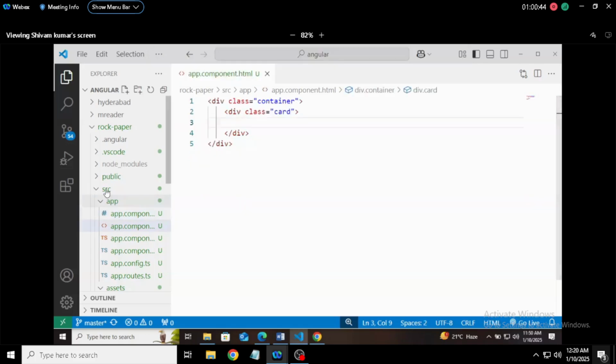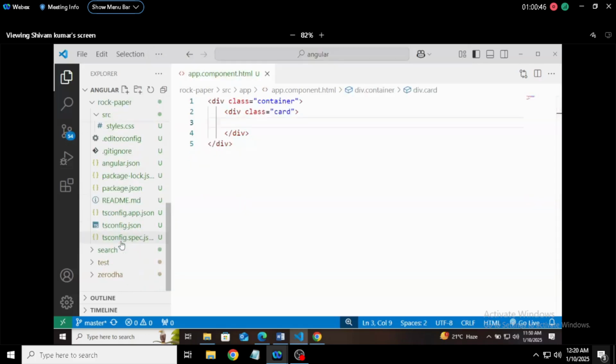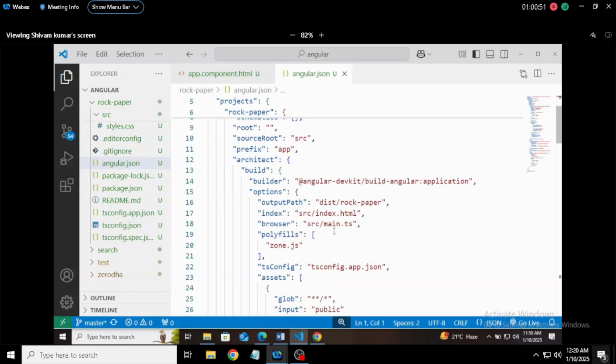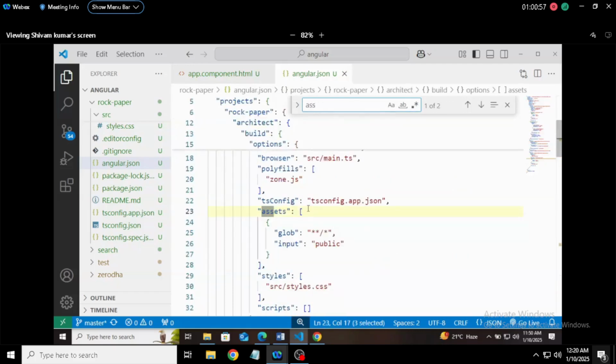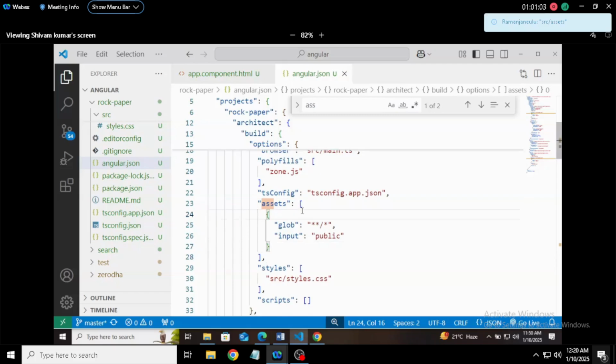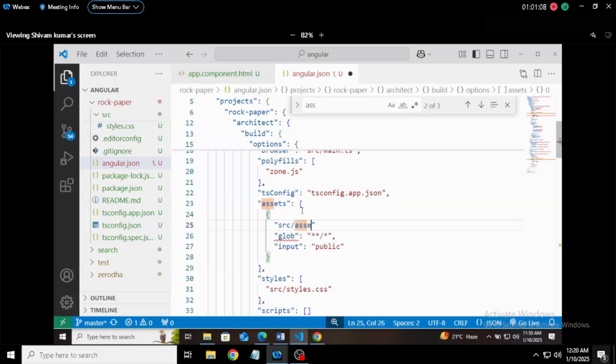Okay. Now we have to define the path also, for that angular.json. And here what do we need to search? Assets. Where are our assets? So here at the top we need to define that they are in the src slash assets folder, comma,